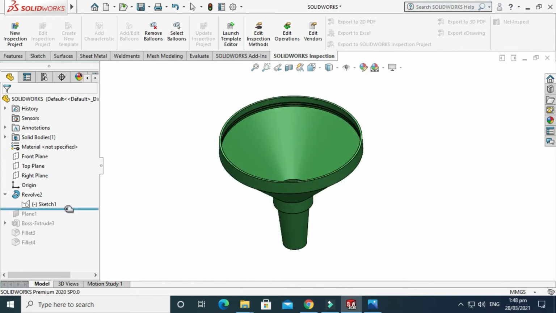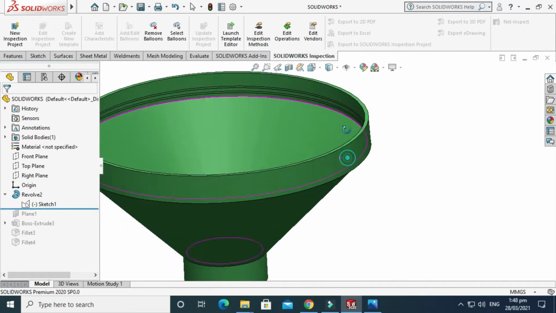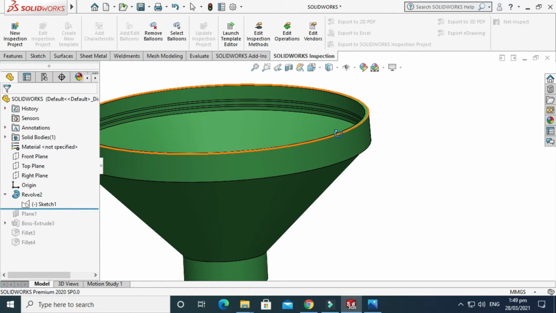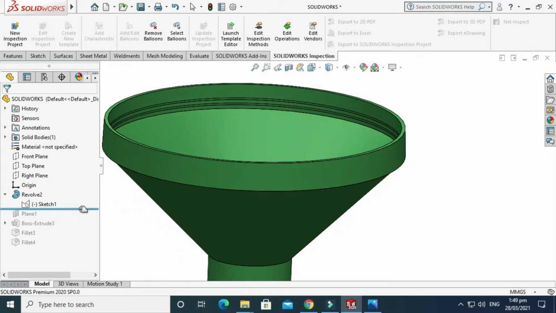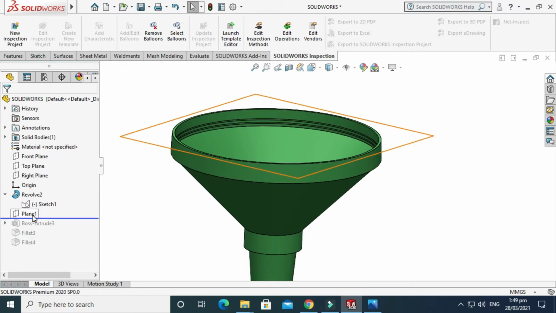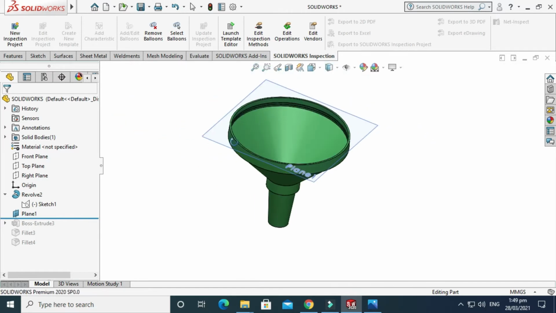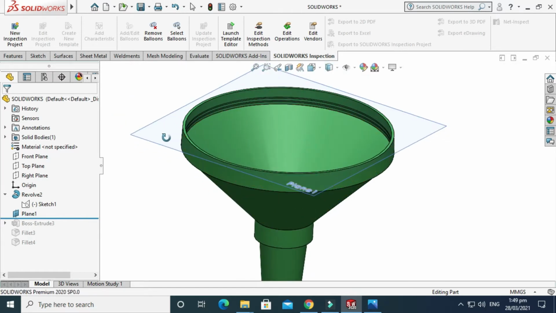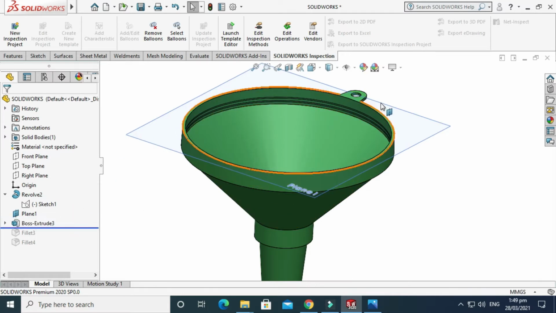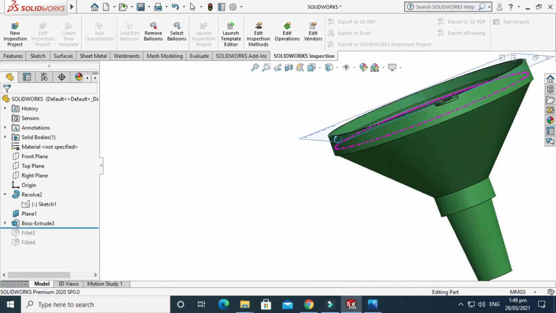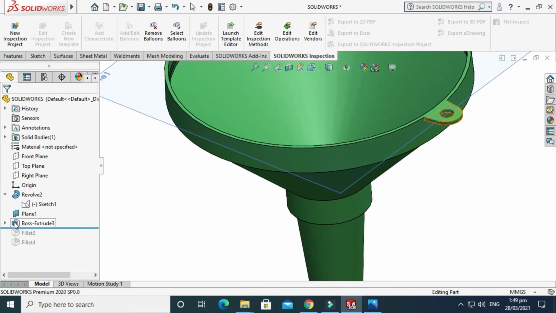And then I took a plane on the top plane because I have to make a boss extrude. So I just have to drag, and I have to make it show. So this is the plane, because I need a boss extrude on the top side of this funnel, and this is the boss extrude, and this is the 3D command.